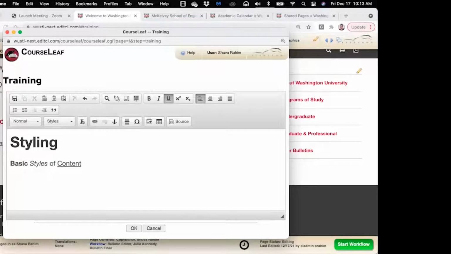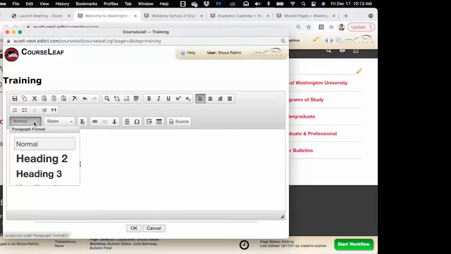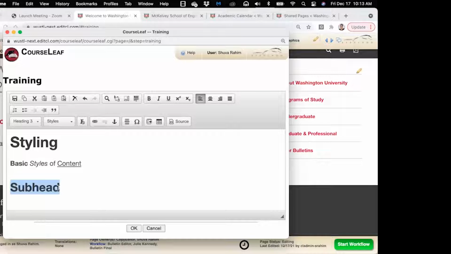Now, the other thing is if I do want to make a subhead, for example, one thing that I want to keep in mind is that the subhead has to be nestled under that main header. So heading 3 is what I would pick for my subhead. Now, it doesn't look like there's a lot of difference between heading 2 and heading 3, but heading 3 is slightly smaller. And if you do use subheads, really the whole point of this is to make sure that everything is kind of nestled in